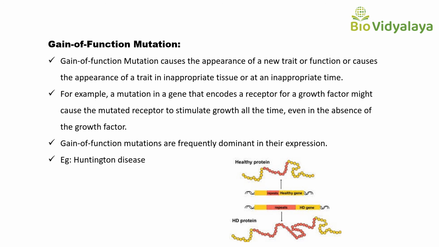An example for gain of function mutation is in the case of a proto-oncogene. When a mutation occurs in a proto-oncogene, it becomes permanently activated. It will become permanently turned on. And this is gain of function mutation. And this mutation is considered a dominant mutation. So gain of function mutation is the dominant mutation and loss of function mutation is the recessive mutation.